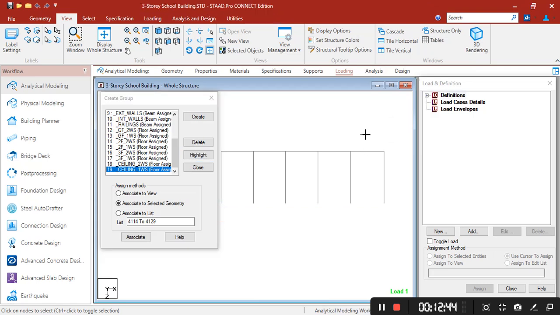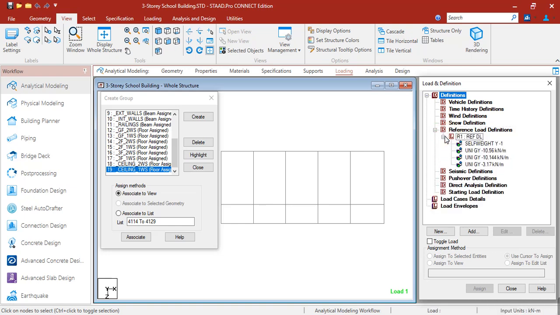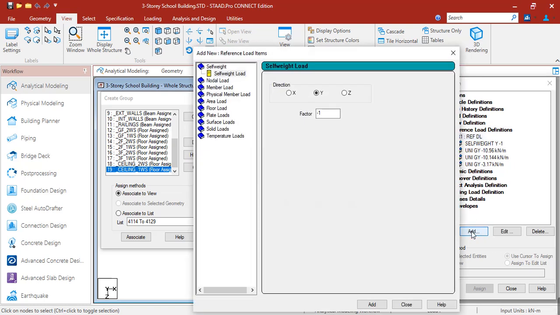Okay, so let's now proceed with the load application. Again, under definition, reference load definition, and for the reference dead load, click add. Now for the dead load, what we're going to do is to add a load for the slab, for the floor finish, and also for the ceiling loads.